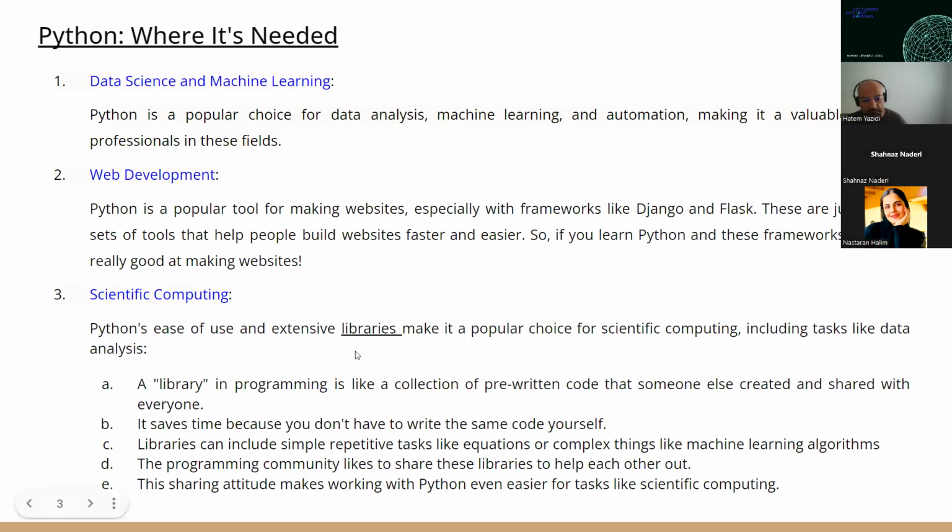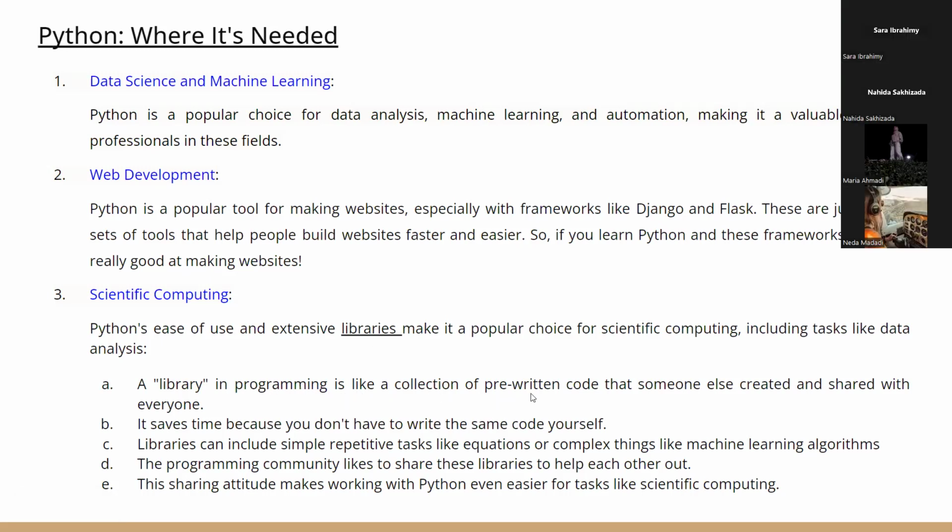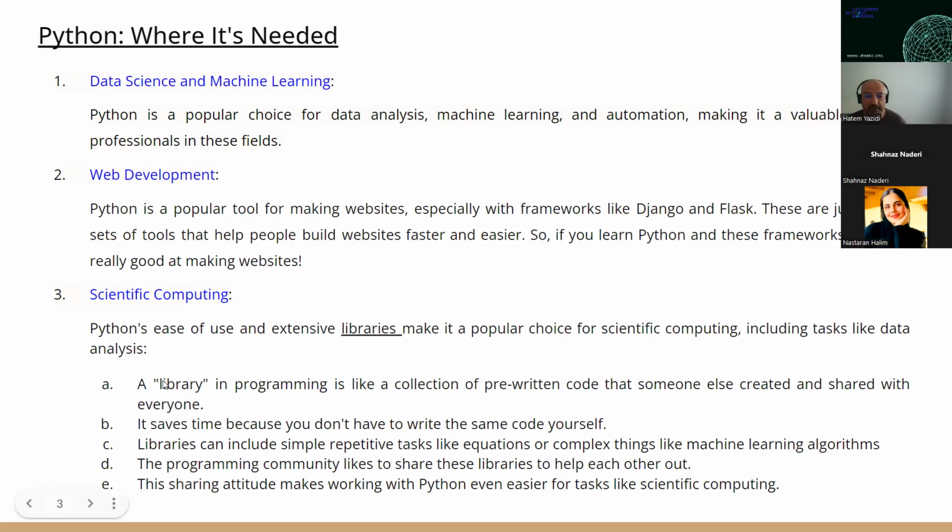So a library in programming is like a collection of pre-written code that someone else created and shared with everyone. And it's always updated. So there is a lot of facility to access those libraries, and they make our lives very easy after that